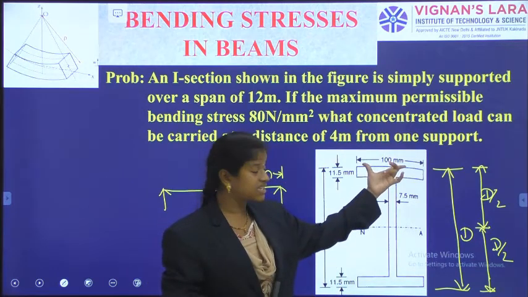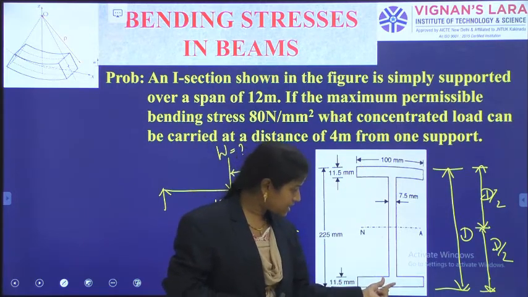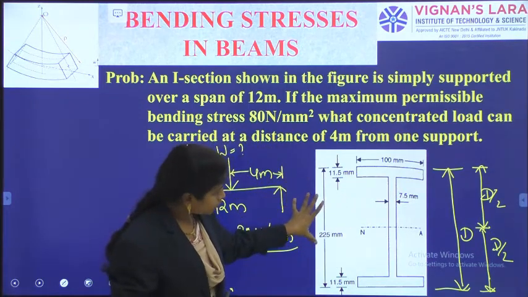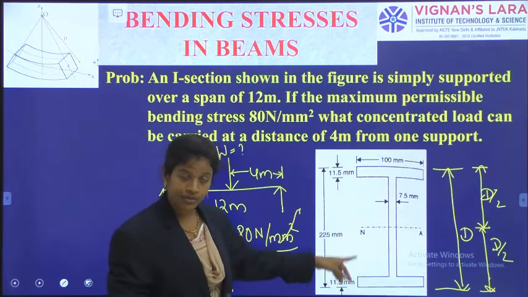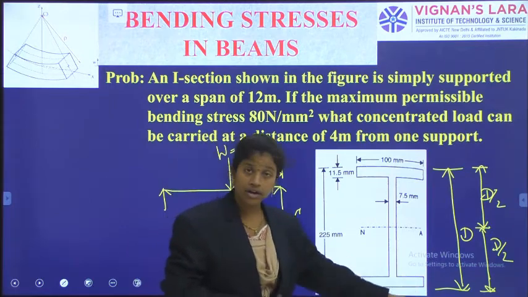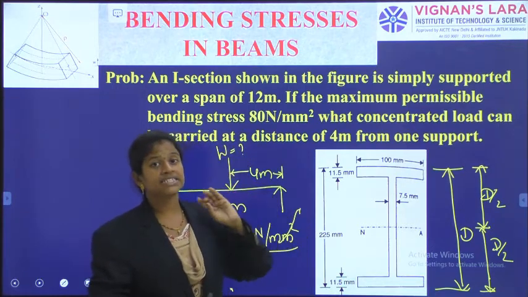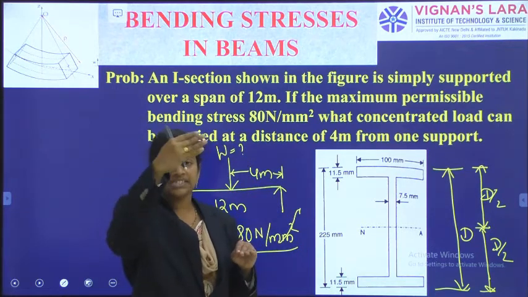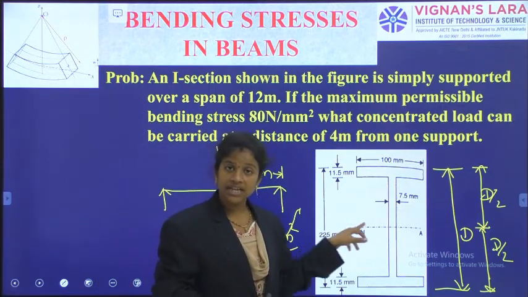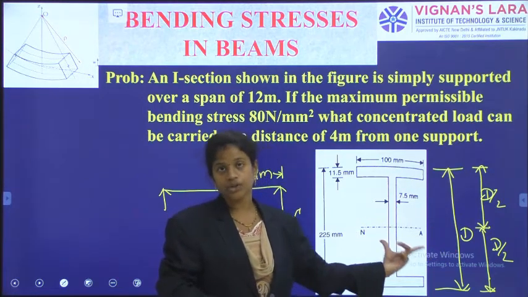So the top flange dimension is 100 mm of width and 11.5 mm thick, and a web is there of thickness 7.5 mm, and the depth of the web is 225 minus 11.5 minus 11.5. When you want this dimension, you should do 225 minus these two. And for the bottom flange, 100 mm width and 11.5 mm. Because we have said that it is a symmetrical I section, the top flange is as it is like the bottom flange, and also the web will have the center line. That center line coincides with the geometrical center line, and also that is the neutral axis.